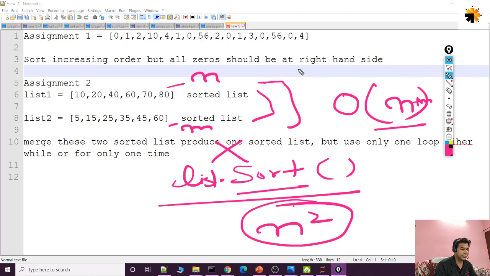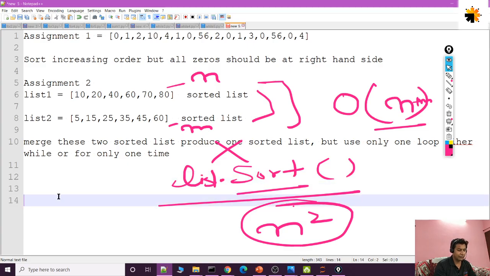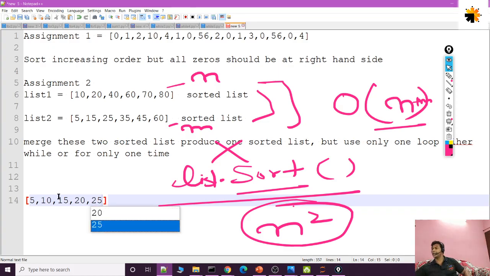Okay, the example is simple. After merging, it looks like 5, 10, 15, 20, 25. Actually, this question has been asked to me in an interview, and we give a similar question as an assignment